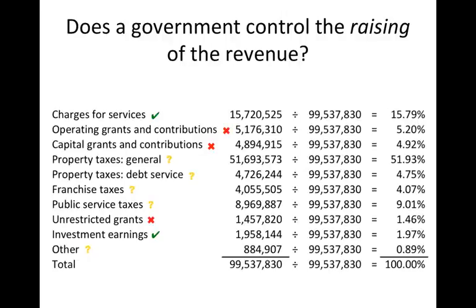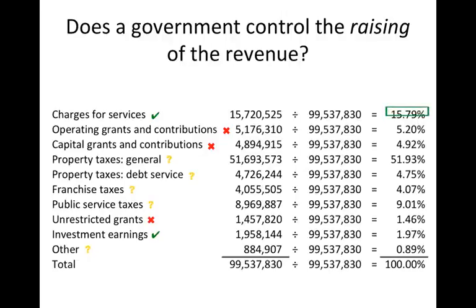And then lastly, government doesn't raise intergovernmental aid. It can engage in certain activities that it knows it can get some aid for, but a lot of aid programs expect some buy-in on the part of the government that is receiving the grant, that it is going to kick in some money of its own. So that's rarely ever a zero-sum game. And at any rate, those programs have to exist in the first place. So there's very little control by the recipient of the grant over the receipt of and the raising of intergovernmental